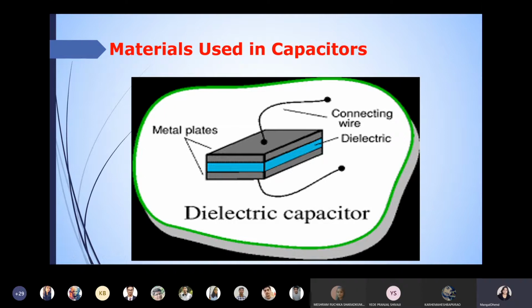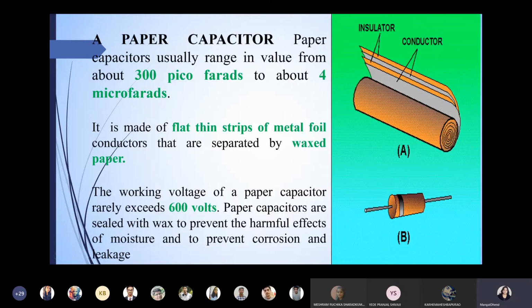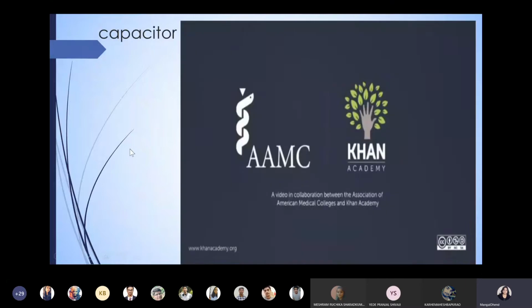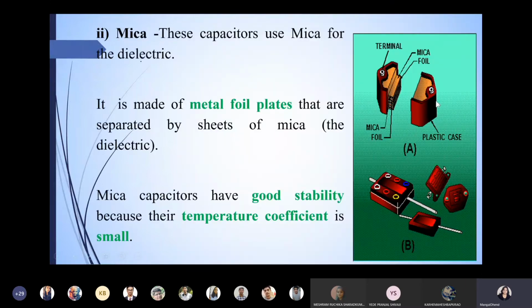I think you have used a number of capacitors, might have used in the 12th standard in the electronics, if you might have taken to perform the experiment. So first simple capacitor is a paper capacitor. Here you can see in the picture paper capacitor. I just told you two conductors are there or foils, and they will be very thin. So you can see here gray or ash colors are the conducting foils, metallic foils or conductor. And in between that orange color insulator is shown. So that will be dielectric material. So paper capacitor, paper is also a dielectric material.